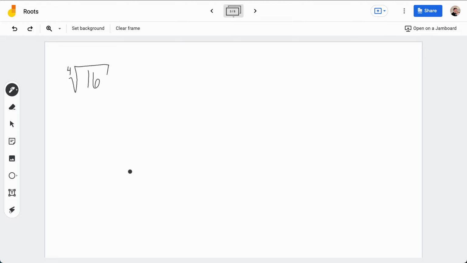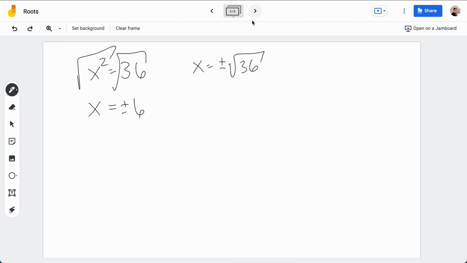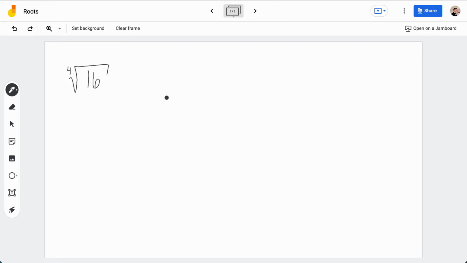This tells me how many times do I have to multiply the number I'm looking for before I get to the number in here, okay? In the square root, you could put a 2 if you want. Nobody really does, because it is so common that if you don't see one there, it's assumed to be a 2. If you want to take any other kind of root, you need to indicate specifically which root